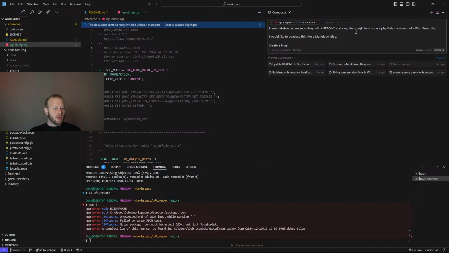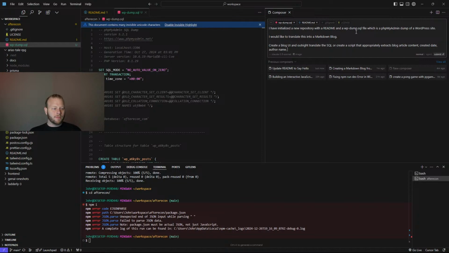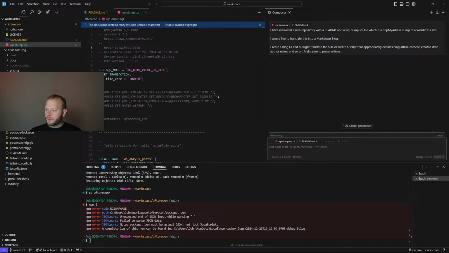Create a blog UI and outright translate the SQL or create a script that appropriately extracts blog article content, created, date, author, name, and so on. Make sure to preserve links. I think that's fine. We'll see how rough my prompt engineering is right now.